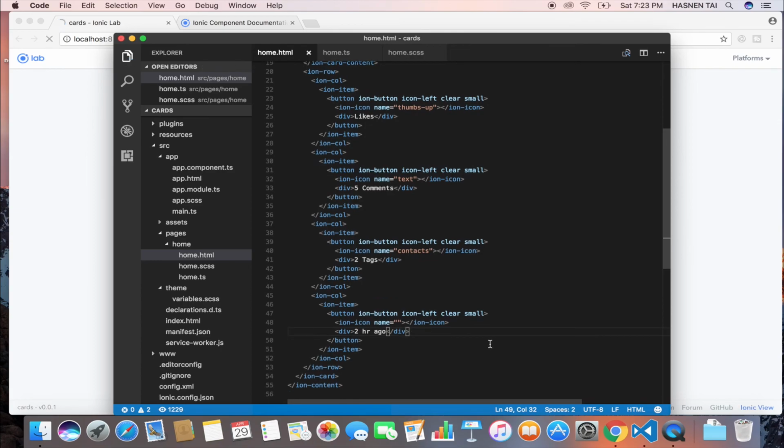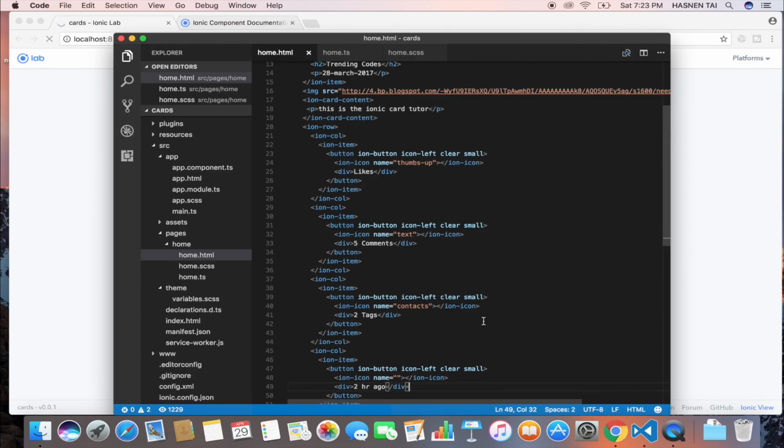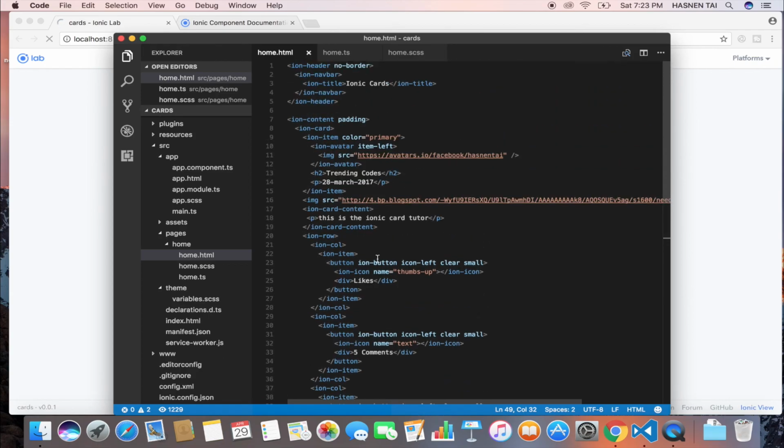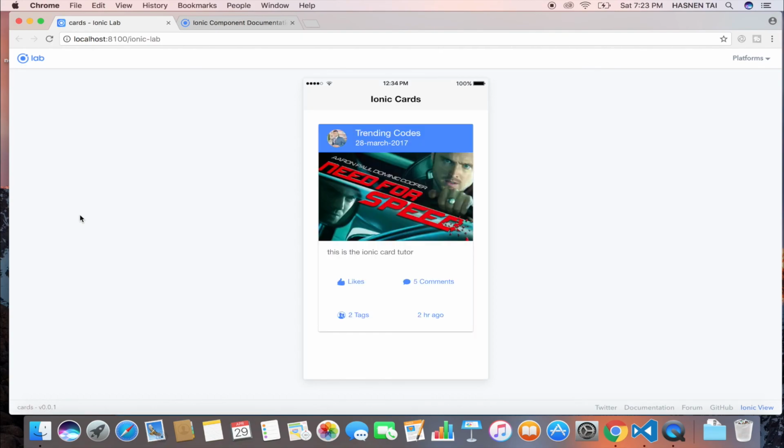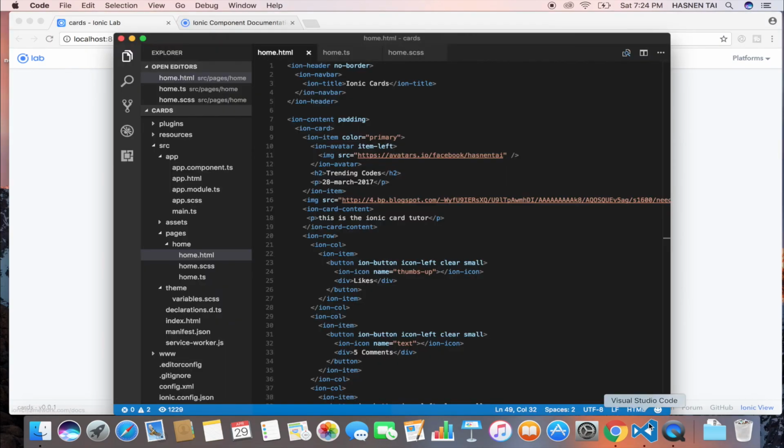Okay, now this should work. It's building. Okay, can you see? It's working. Wow, it's looking great. Now we have created the card successfully, but the problem is we are having a padding before the cards or beside the cards. So to remove that, I'm going to remove the padding attribute from the ion content, and this will remove the